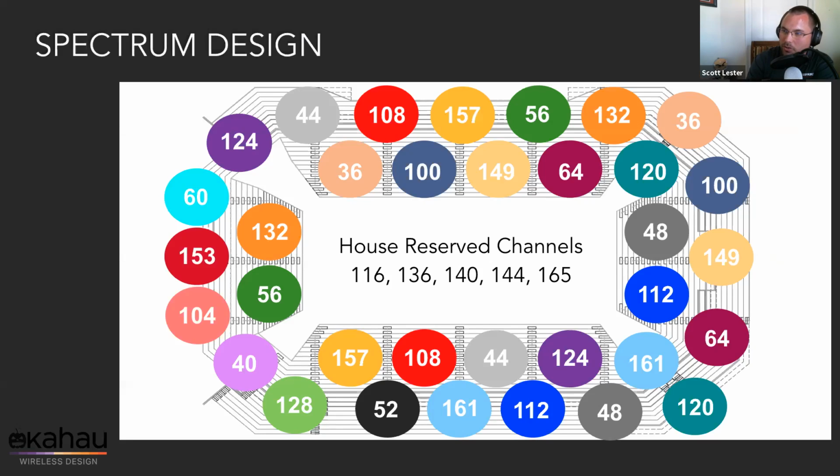Yeah, I think generally from the U.S. perspective, most of the time I use all of our DFS channels that are available to us, with the exception of 120 to 128. Those sometimes you have to be careful with. That's where weather radar sits. So you do have to be cognizant of whether that's something that's going to be in close proximity to cause a DFS trip in your system or not.